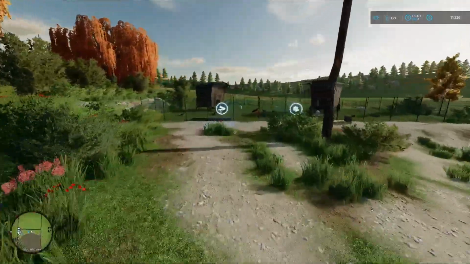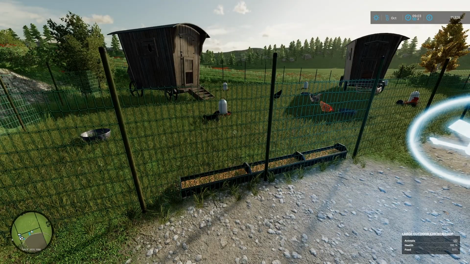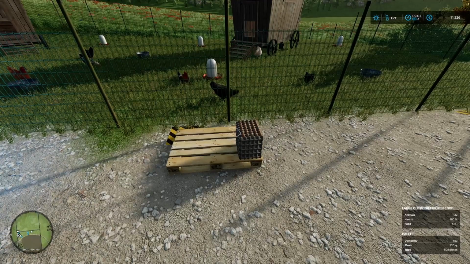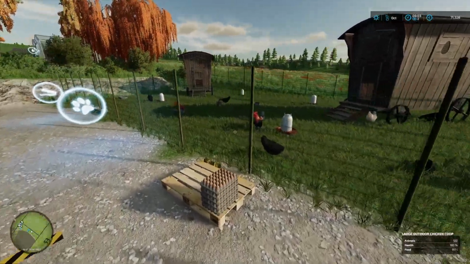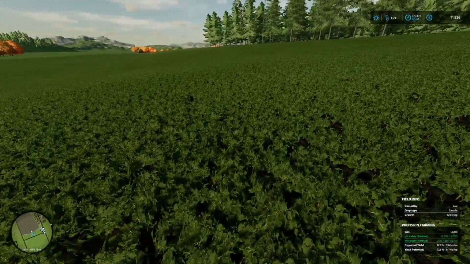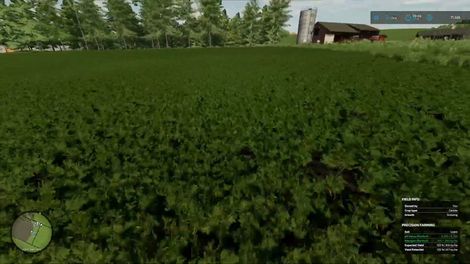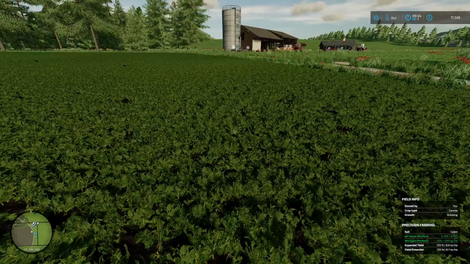Chickens are doing okay. They've eaten half their food. And we have 508 eggs. The chickens look alright. No new births as yet. The canola, everything is good. pH is good, nitrogen is good, and yield potential is